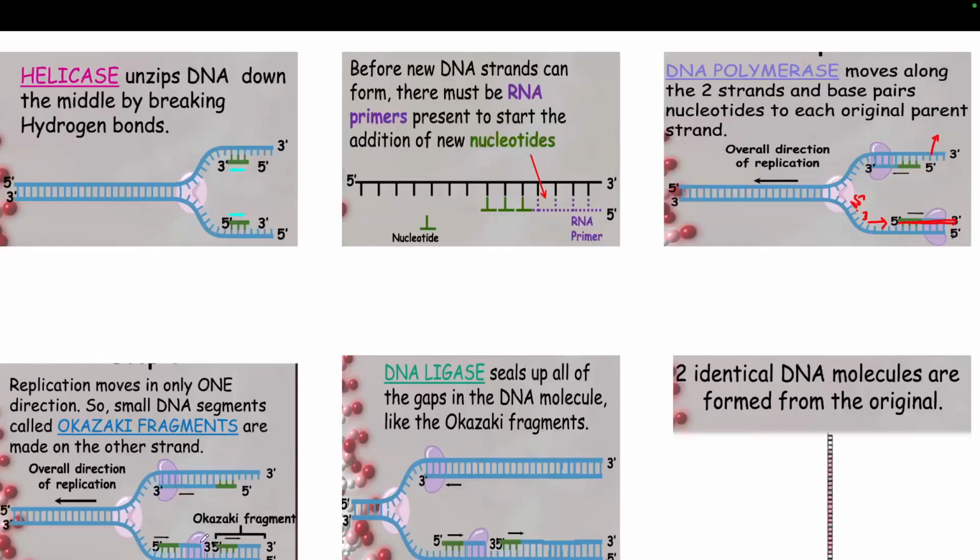It has to be produced in small pieces, and after the small pieces are created, then using the DNA ligase, all the gaps will be filled. This DNA ligase fills up all of the gaps in the DNA molecule, like between the Okazaki fragments. And once the gaps are filled, then DNA polymerase 1 will come and remove this RNA fragment, which previously acted as an initiation complex or primer.